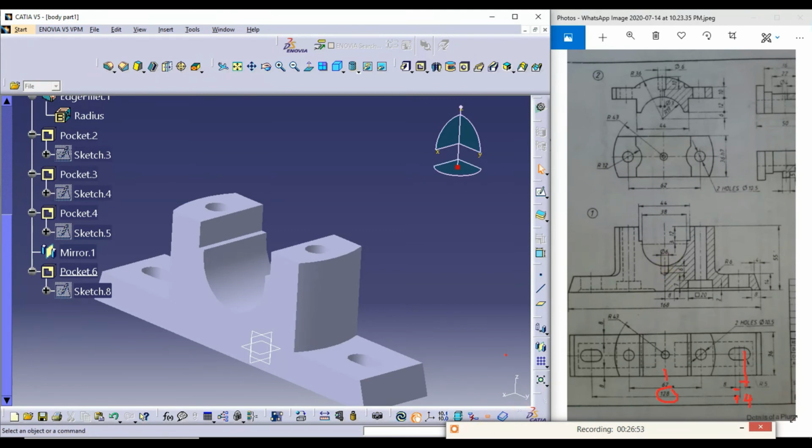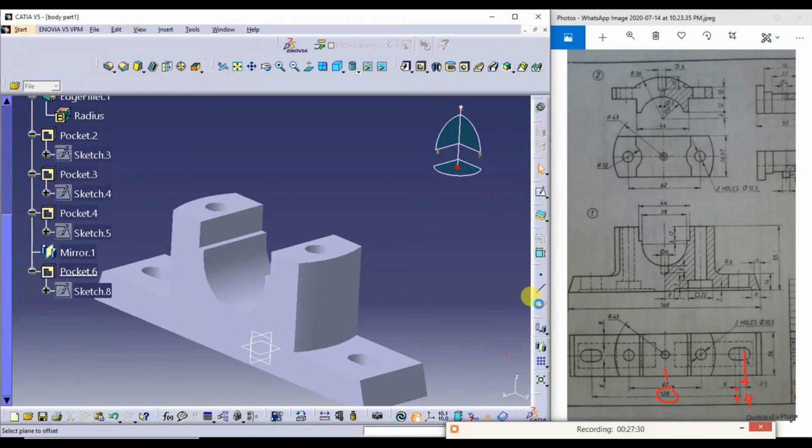Okay, in order to create this, I need to create a plane here. Our plane is exactly at this plane, exactly at the bottom here. So I need to create one more plane here. I need to offset this plane. So the height of that should be 55 minus 12 minus 3, half of 38. That is the offset distance of the plane.